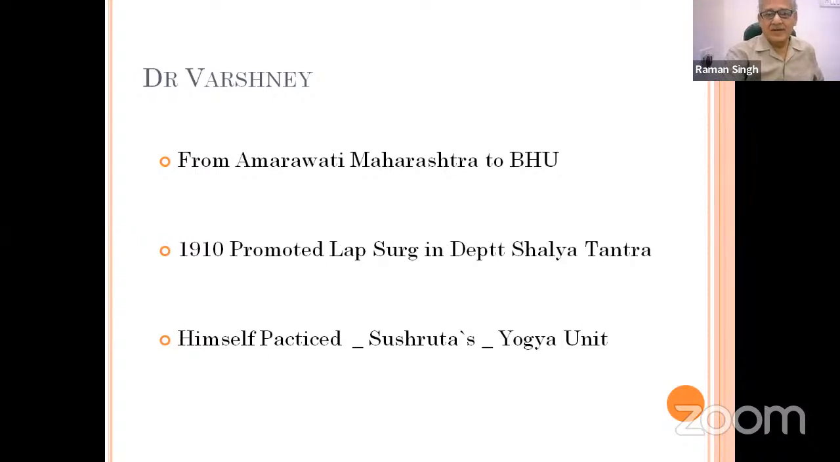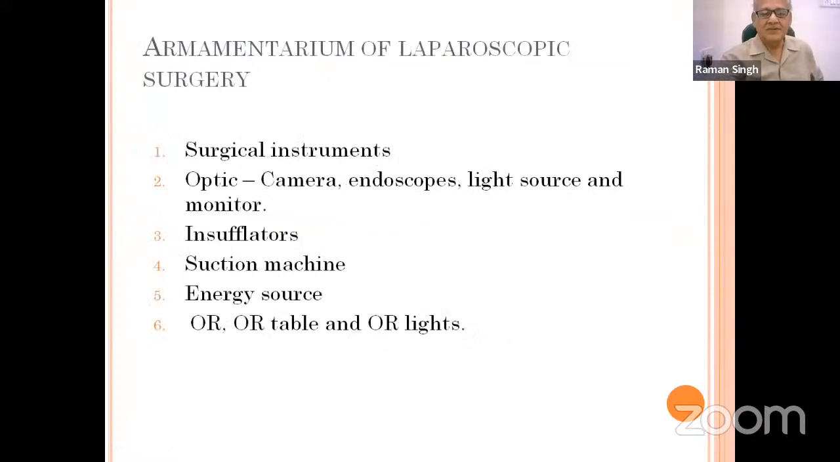He was from Amaravati in Maharashtra. When he came to the Banaras Hindu University, Dr. Vasane, in 1910, he promoted laparoscopic surgery again in the Salyatantra department. And I showed in the picture, he himself was practicing, as Susruta described in the Yoga chapter, to practice over the different types of